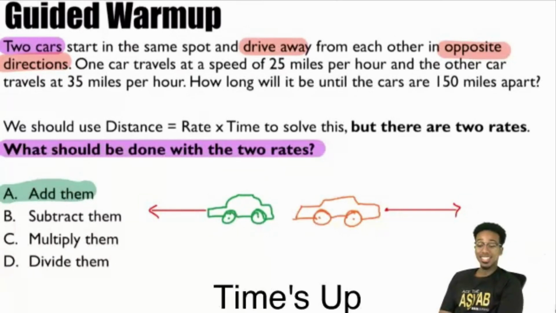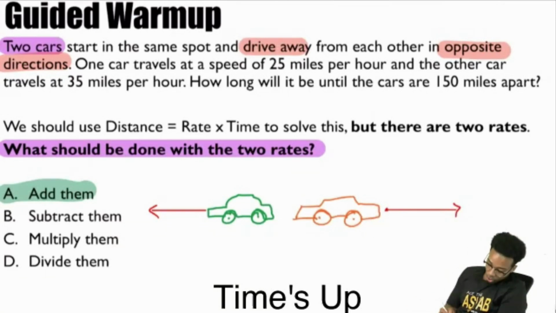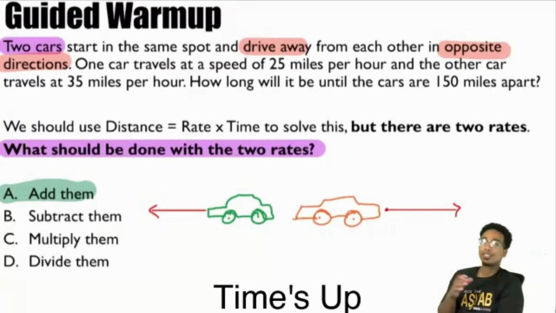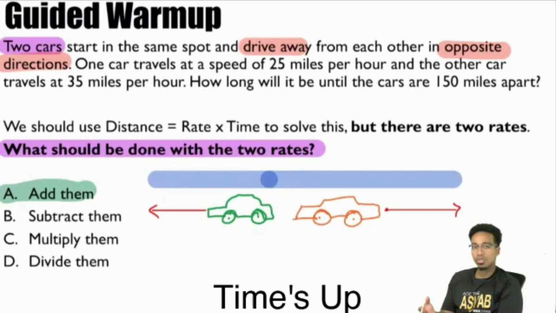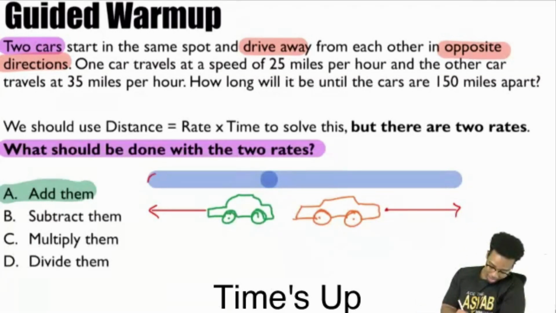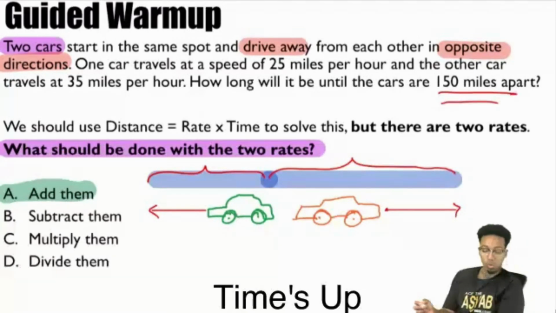Yeah, exactly. They're covering ground together. The car on the left and the car on the right are covering different ground. Notice this. I can use blue. Starting from the same spot, this car goes this way. This car goes this way. They're not covering the same ground. And so what you would do is you would say, hey, I'm going to add this distance right here with this distance right here. That's how you're going to get to that total 150 miles.